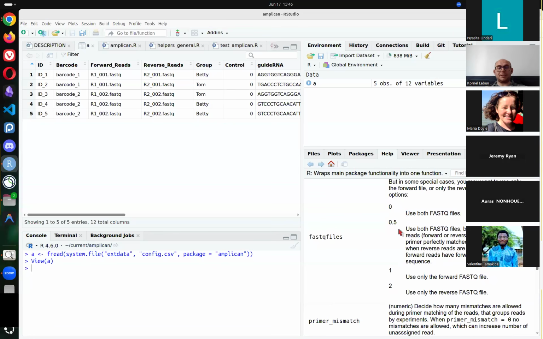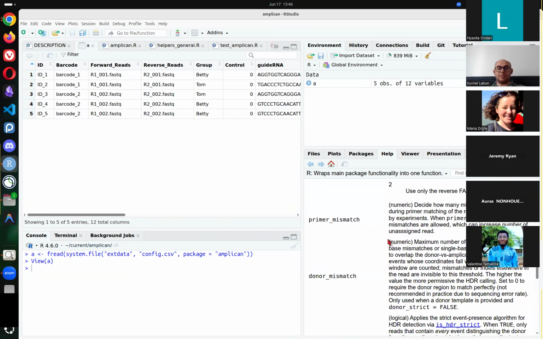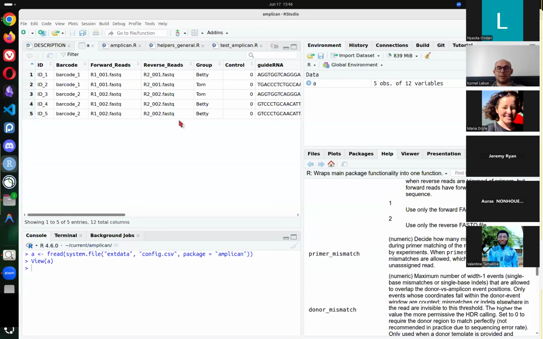This is also useful if it was trimmed for you. Maybe you have reads where primers were trimmed, for example. But you need at least something to deconvolute reads, right? With FASTQ files, one means you only use the FASTQ file for the forward reads and two for the reverse. Yeah, and that's it. And then this combined with primer mismatch number allows you to kind of manipulate the multiplexing